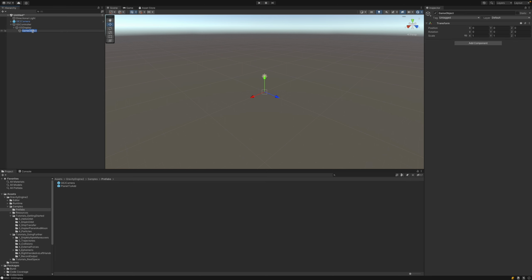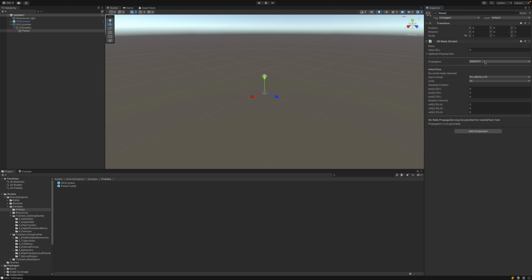We'll create one called Planet. In order for this to be something that the gravity scene controller can find and add to the engine, we'll add a GS body to it. Now there's a whole bunch of options for how to specify the physical attributes of this body in the physics worldview. We have a choice of the propagator. Gravity in this case is fine. We could also have it move according to Kepler, p Kepler, or other propagators if it's propagating around a central body. We could use a table of values, which is an ephemeris table,